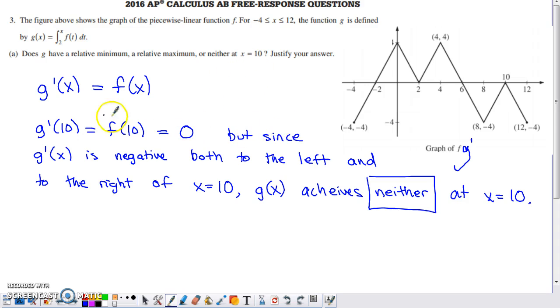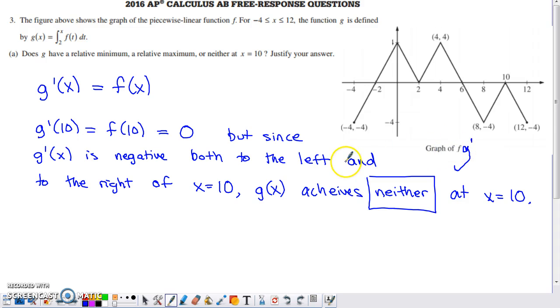And so the first derivative of this function g, using FTC Part 2, Fundamental Theorem of Calculus Part 2, the derivative of this definite integral is going to just end up being the integrand, f, with the variable that's in the upper limit of integration tossed in place of the t. So g prime is equal to f. So you see I kind of relabeled this graph here. Yeah, it's a graph of f, but it's actually also a graph of g prime since g prime is equal